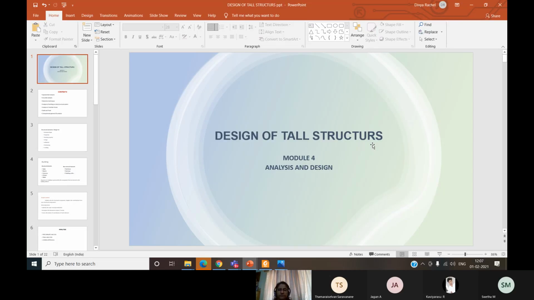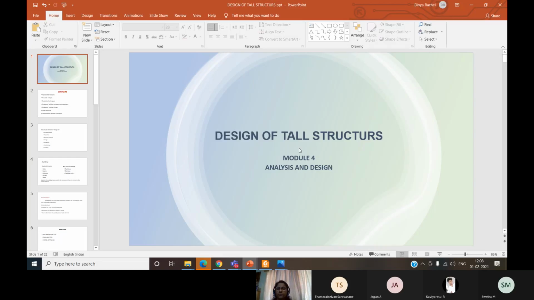And in the third unit, we discussed the structural systems, the various structural systems adopted for the construction of tall structures, especially the rigid frames, braced frame, infill frame, shear walls, tubular construction, tube in tube, outrigger structures, and space structures. So different structural forms and their behavior we have learned in the third unit.